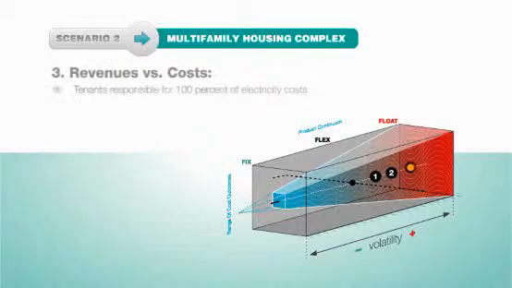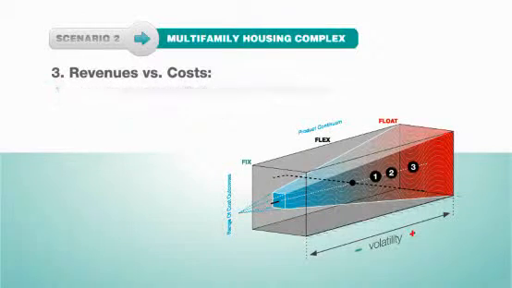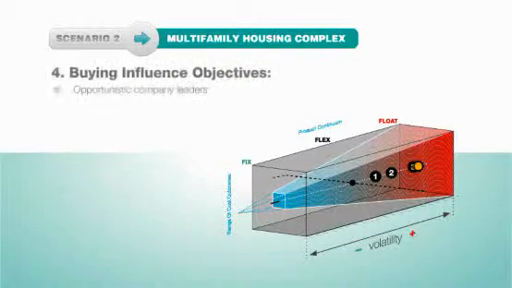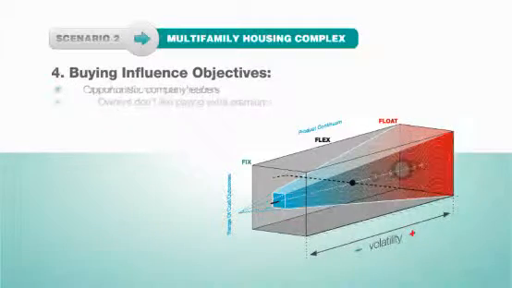The property's residents assume 100% of each unit's electricity costs, so all future increases are passed straight to the consumer. Only a small fraction of the electricity runs the property's common areas. The company's leaders like to be opportunistic with each facility's purchasing and don't like paying extra insurance fees to fix costs when they can help it. In this case, the property manager's buyer should consider a product on the float end of the spectrum.